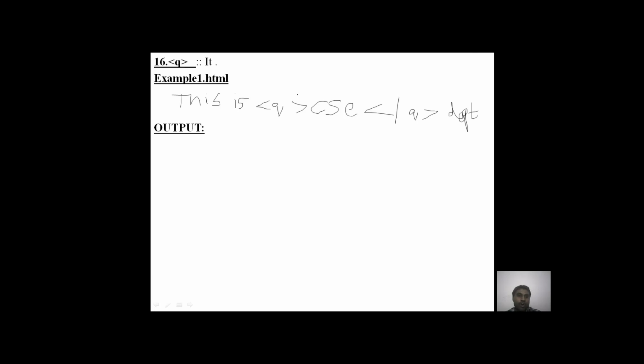If I write a statement like this, then your output will be like this. This is treated as text, and that text will be automatically displayed on the output screen.